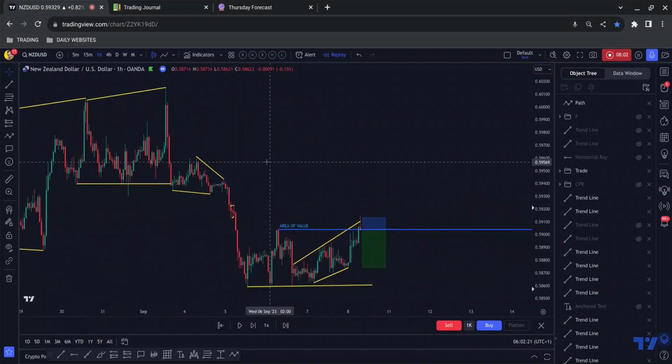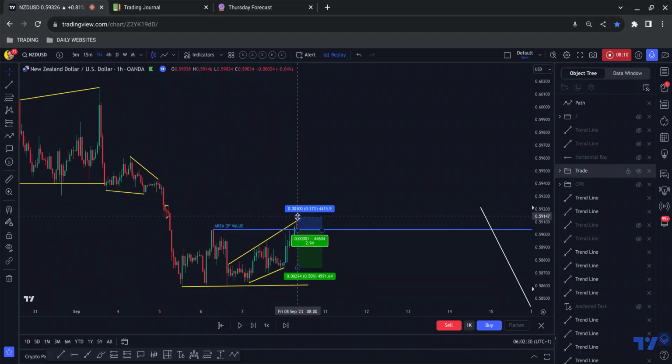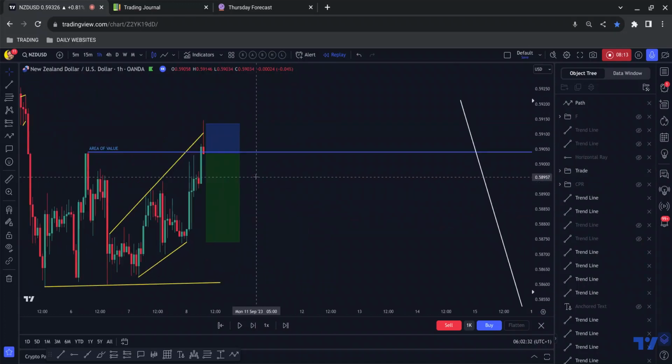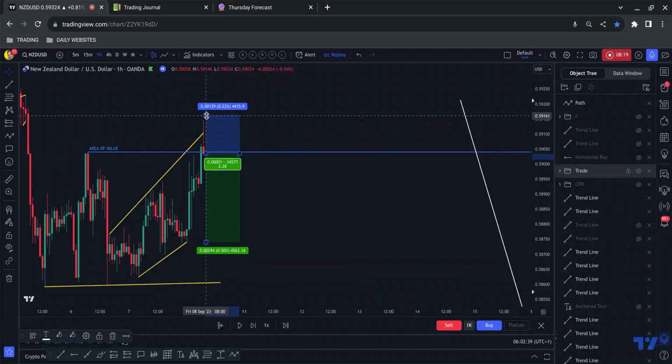This is the trade I took on Friday. We had this 1, 2, 3 touch structure which tapped into this area, and this candle here is typically a washout candle. Now I cropped through the wick. If this was a bullish wick, I would have had my stop loss above the candle, but since it was